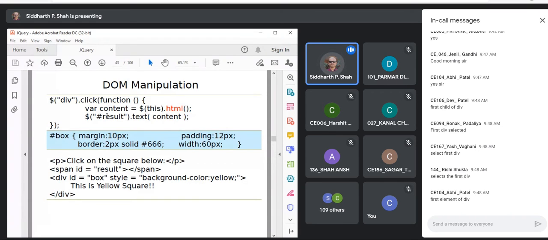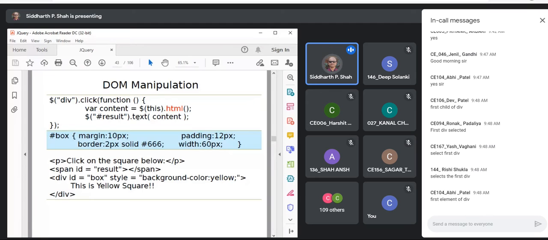You can see that we are calling the HTML function. The HTML function is similar to innerHTML that we use in JavaScript. If you want to get the innerHTML part of any element, we call dot innerHTML. Here we call dot HTML, and this is a get method. This will give you the HTML content of that element. There is another HTML method where you pass some argument, so that will set the HTML content. So HTML without argument means getter, and HTML with argument means setter.